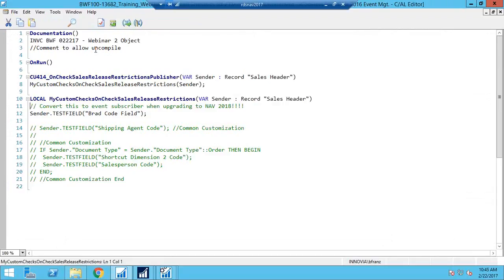I've added a second function, a local, that's called in this global. So code unit 414 is going to call this function. This function in turn is going to call my local here. And we're just performing the test field